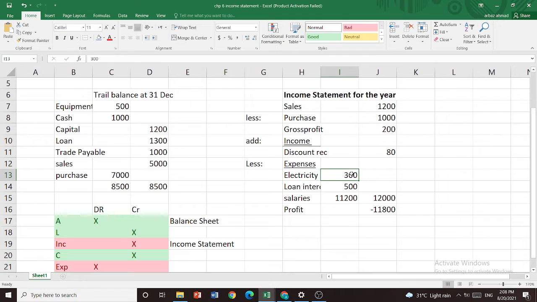Expenses, maybe you were renting a shop and you paid 50 ringgit rental, you paid 10 ringgit loan interest, and you paid a salary to yourself for one day, maybe 50. So your total expenses were 110. So this was the gross profit. You received other income 80, so it became 200 plus 80, 280 minus 110, it became 90 ringgit. This was your profit.